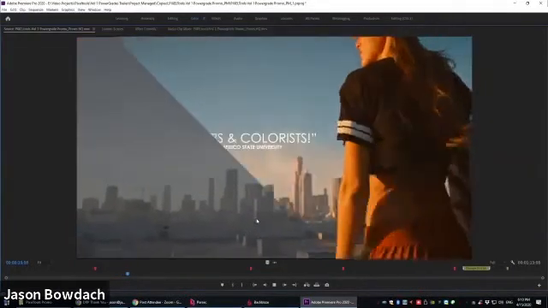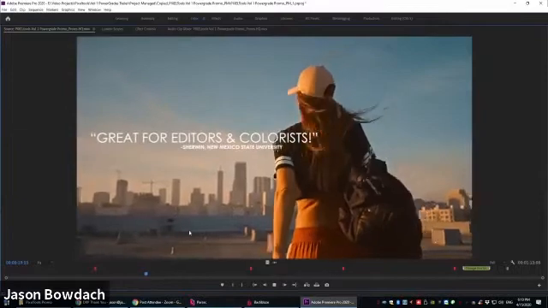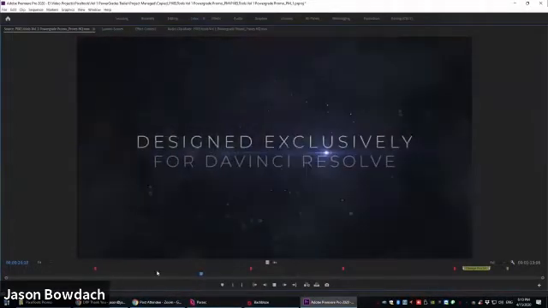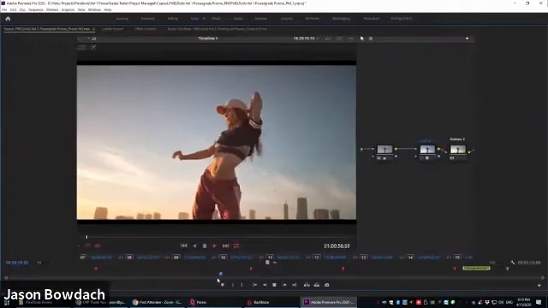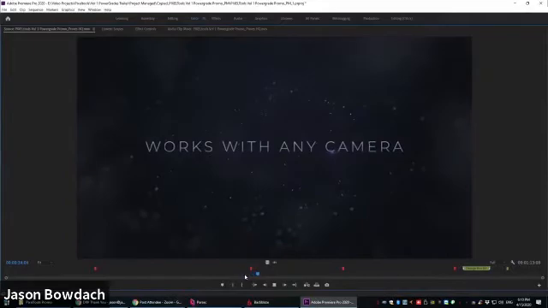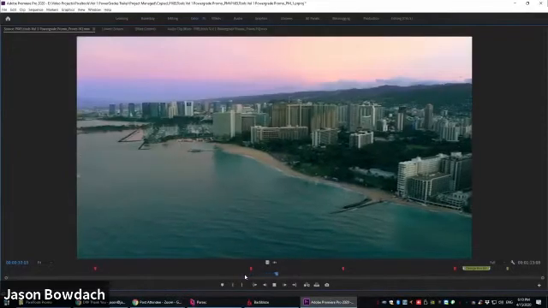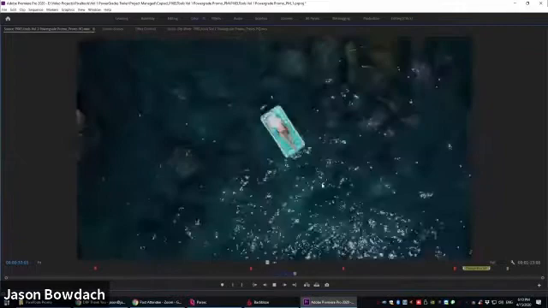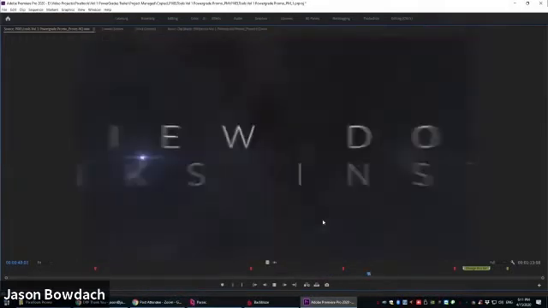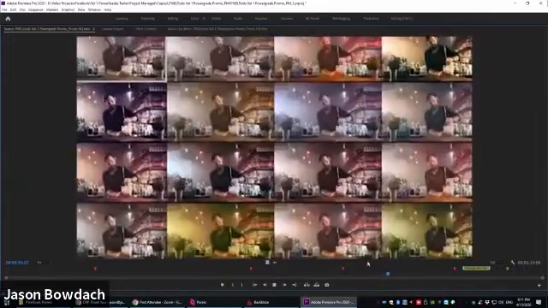So what you can see here is the before and after grades. Most of this is shot on either Red or DJI drones. And most of this was graded in Resolve. And we're basically just pushing this footage. I really just wanted to grade this footage as much as I could. This is a promotion for a color grading product. So I'm really trying to rip every single bit of both color and texture out of this footage that I can. So I was using the presets that I created in DaVinci Resolve, but I'm going to show you that I use a lot of tweaks and tricks to really sort of pull out the focus in this footage.